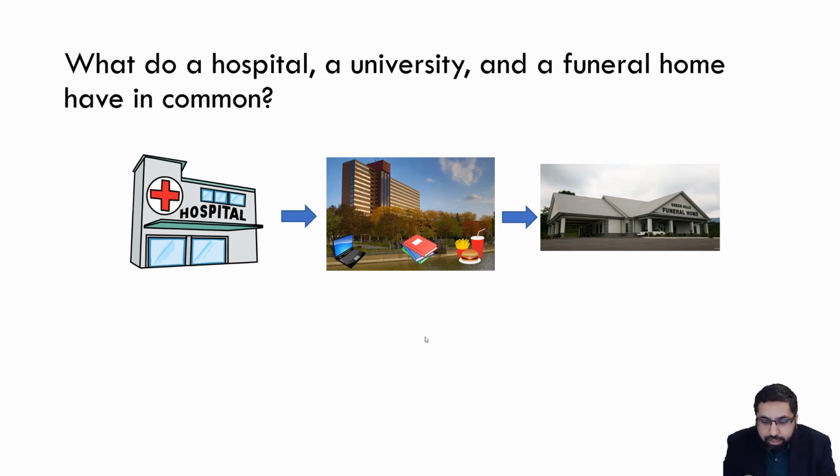These three organizations also represent three stages in the life of an average person. I was born in a hospital. I grew up, I went to a university. I may end up in a funeral home. My life has been a series of interactions with organizations and their processes. If the processes worked well, I was a satisfied customer. If the processes did not work well, it affected my quality of life.